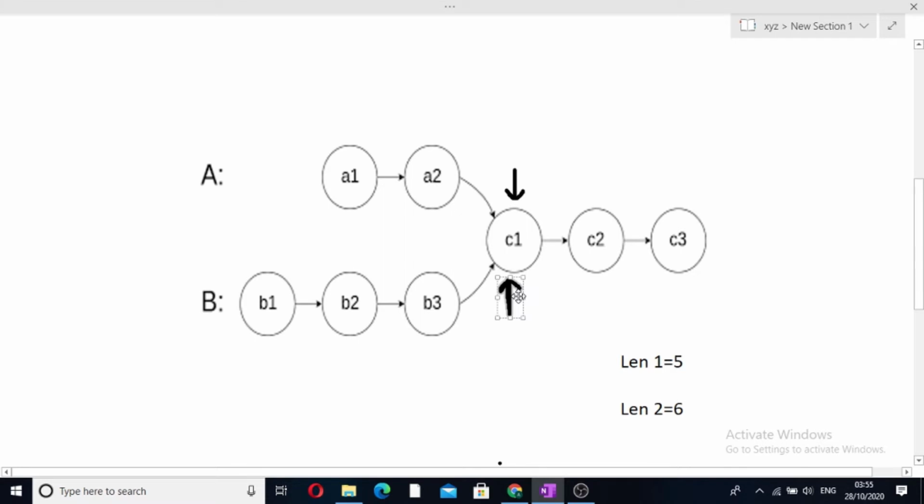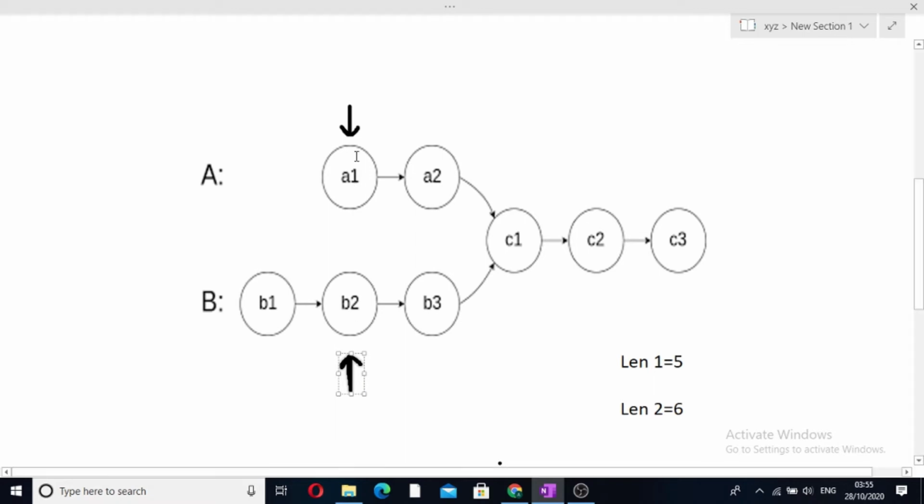Now see what the breaking condition was in this case. The breaking condition was when the two nodes are pointing to the same address, and this was the case when we found an intersection. But what will happen when we do not find an intersection? In this case, the first step will be the same. That is, the pointer of the bigger linked list will be made to move forward by the number of nodes equal to the difference between the two linked lists.